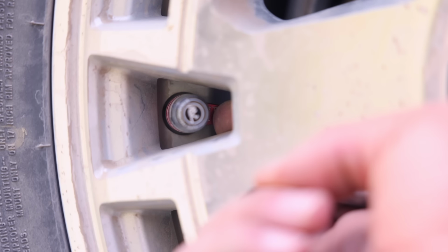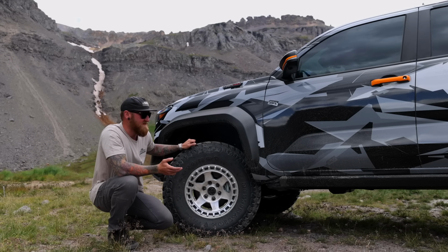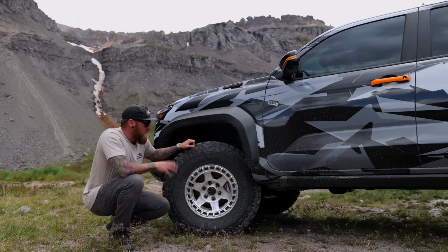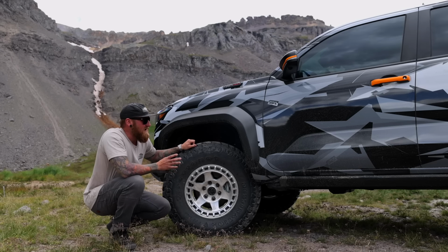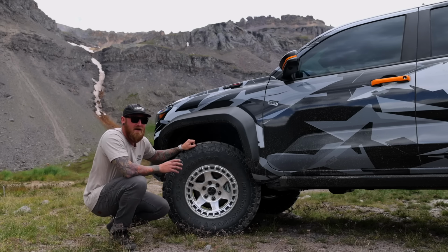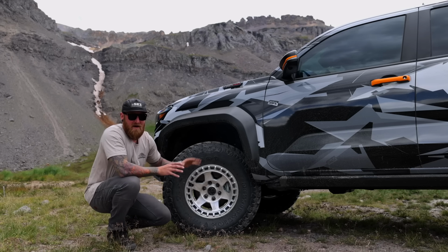And I actually don't even have these tires aired down right now because I don't have an onboard compressor yet. Like I said, the truck is pretty much stock, just wrap, wheels and tires. But once I find a company that makes a good application for a twin compressor in this truck, I'm definitely going to be doing that, and I'm looking forward to airing this down because overall the truck rides really great